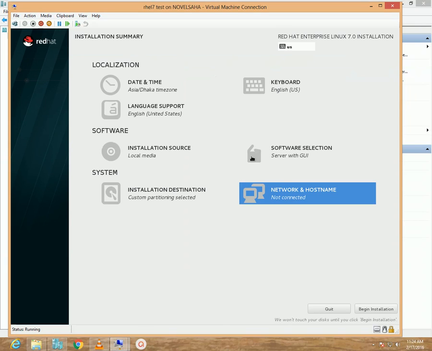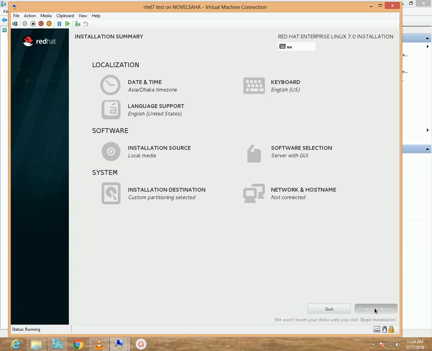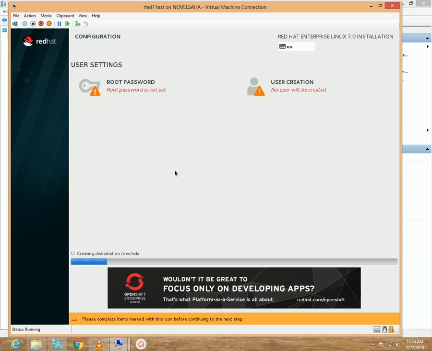Click the done button and click begin installation option. Now from this window you can specify the root password and you can create user. So let me specify the root password first. Well, a root user